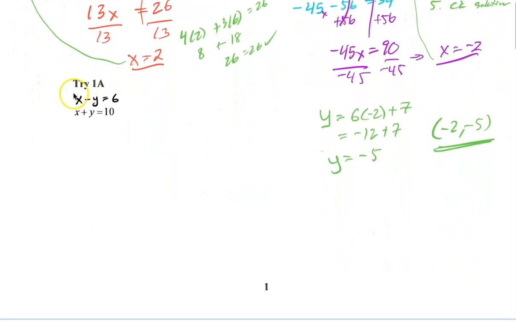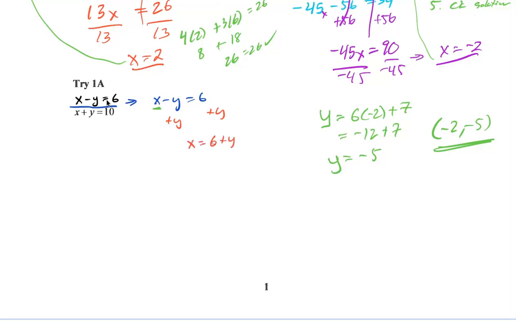Now in this one, if you notice, step 1 is isolate the variable. None of the variables are isolated. So we have to get one of the variables by themselves. So let me look at the top one here. We have x minus y equals 6. I want to get a variable by itself. So I think the easiest way to do it is let's get x by itself. So what we're going to do is add y to both sides. And then we'll get x equals